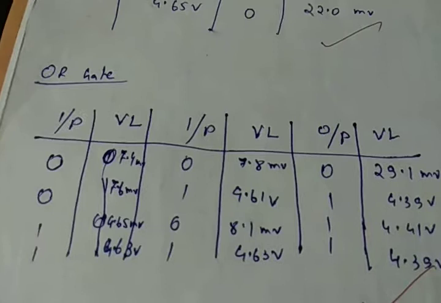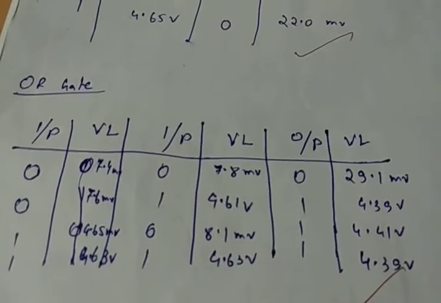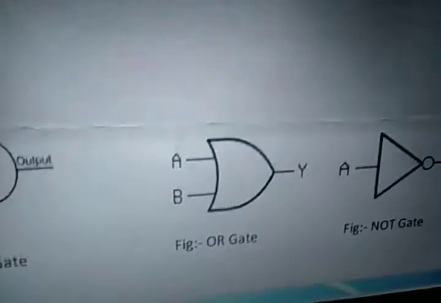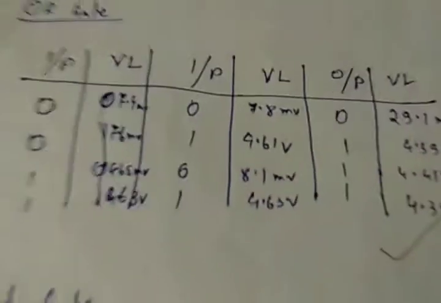The OR gate is based on the final expression y equal to a plus b, where y is the output and a and b are the inputs. For each and every set, there is some voltage level that we can measure using our voltmeter. So we have to write this down.